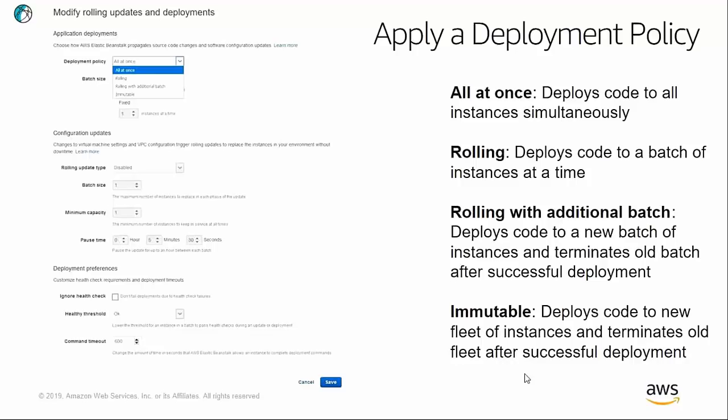And then our last deployment type is what we call immutable. Immutable deploys code to a new fleet of instances and terminates the old ones. So again, in that 10 fleet size, we would go ahead and spin up 1 new instance and deploy that code to it. If that worked, then we would spin up the rest of the fleet, deploy that code onto there, and once that was successful, we would then go ahead and delete the old fleet, so you'd be running on a completely new set of